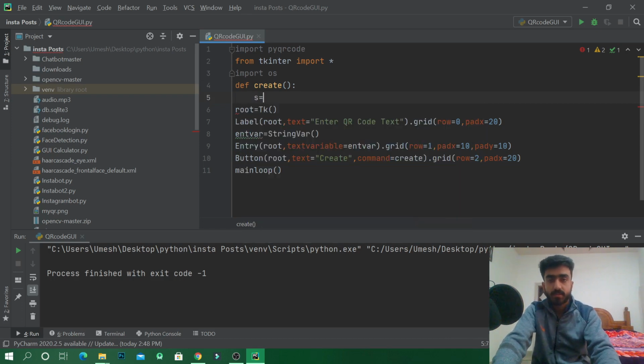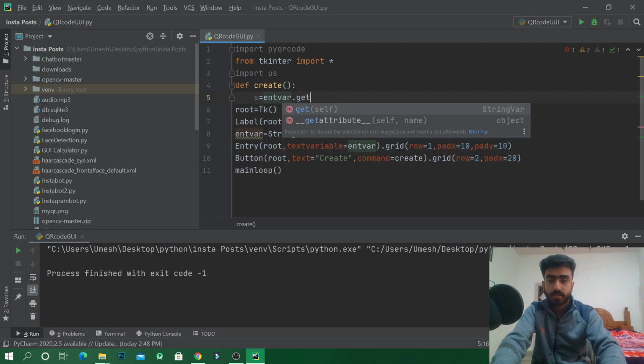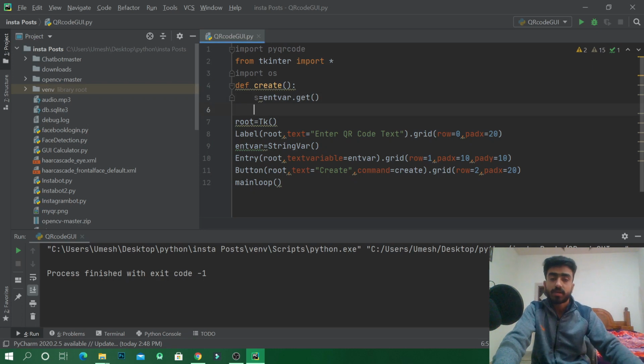We'll create a variable s equals entry variable dot get. So what we are doing here is creating a new variable s, and in that s, we are storing whatever text we are writing in the text input field.